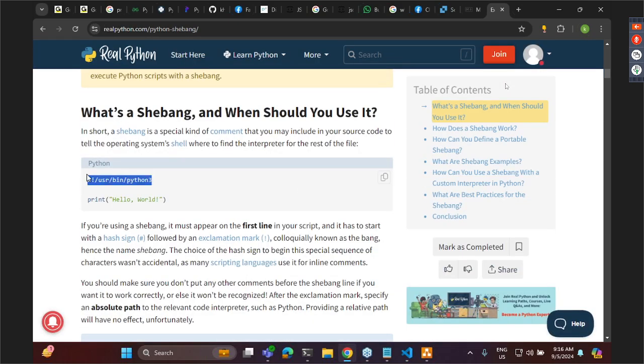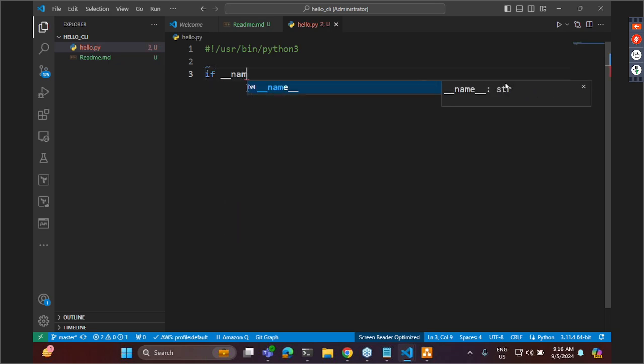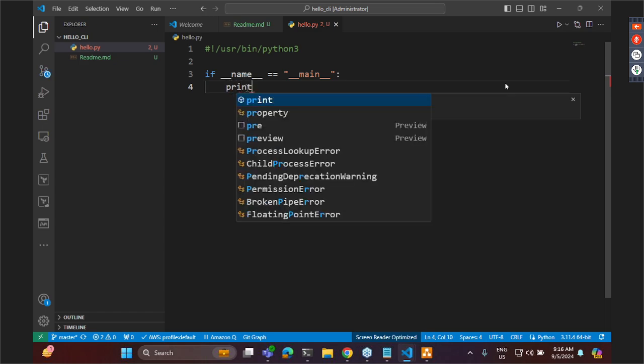Okay, so are you saying user bin python 3? I'll be just writing this all the time. Okay, especially whenever you are trying to run this on a Linux or Mac, it comes very handy. On Windows you don't need this, but that's okay. Right. So over here, if __name__ is equal to __main__, what does this mean? Someone has called this code directly. Okay, and let me try to tell that print